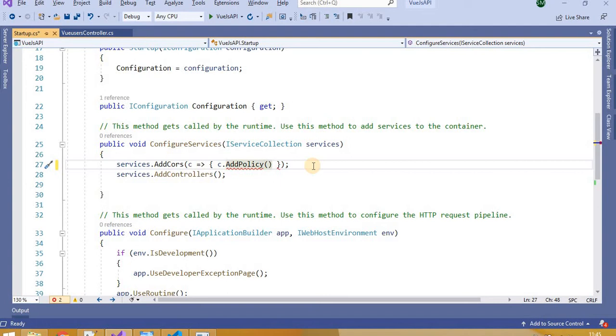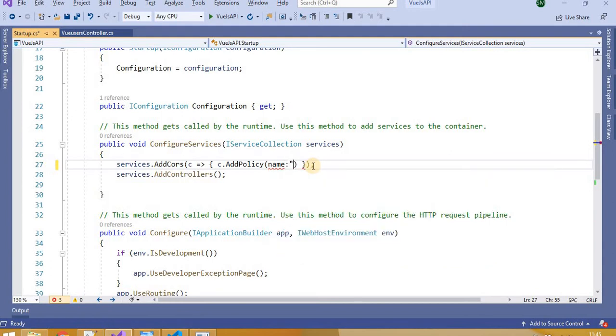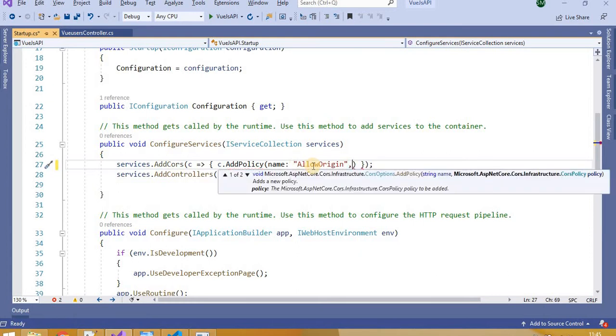Then here to the add policy, the first parameter is the policy name, and we name it allow origin policy. Then the second parameter will be the builder.